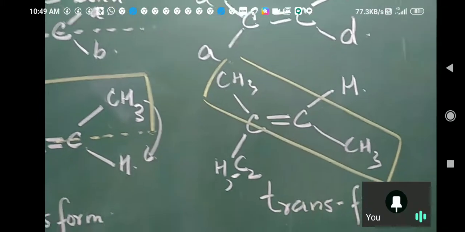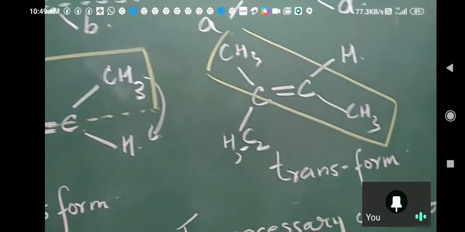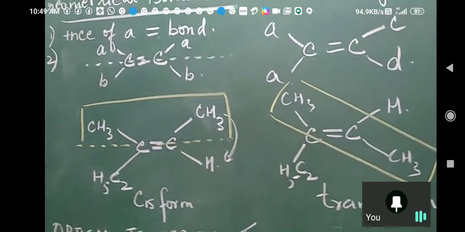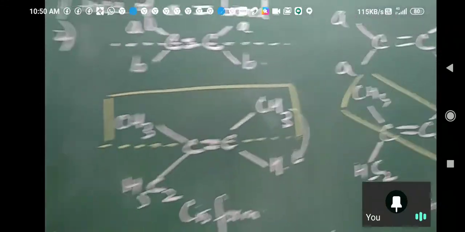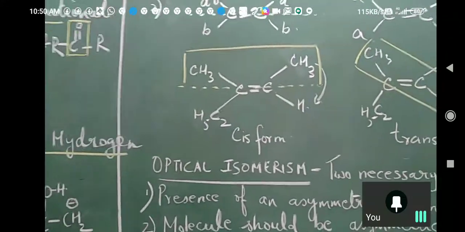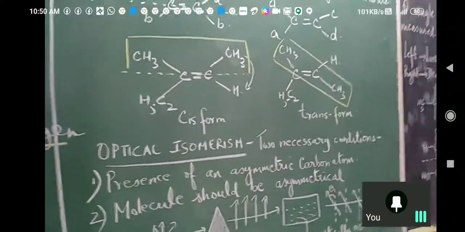E and Z form, capital E and Z. Now, this is not given in your NCERT in detail, so some other time I will teach you that. But here, so far, this is geometrical isomerism. Now, let us go on to the next one, and that is optical isomerism.